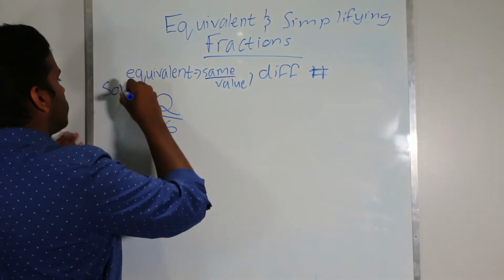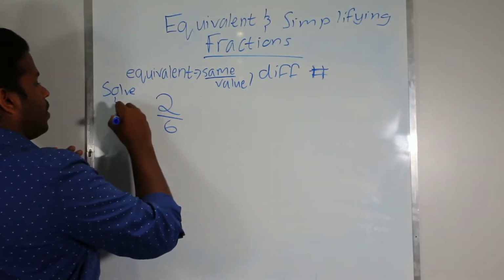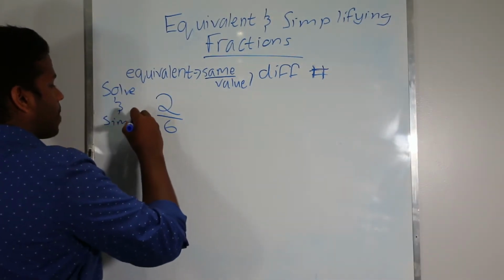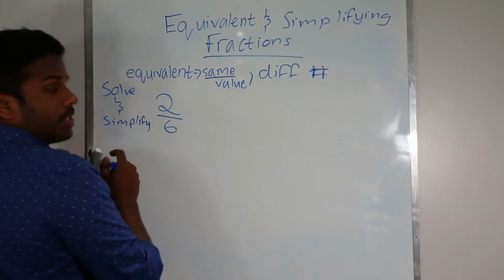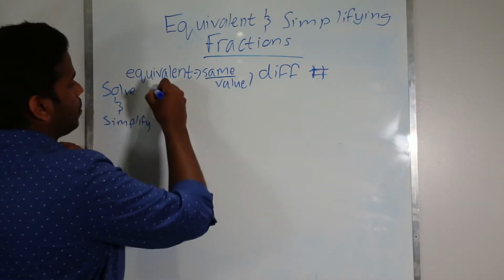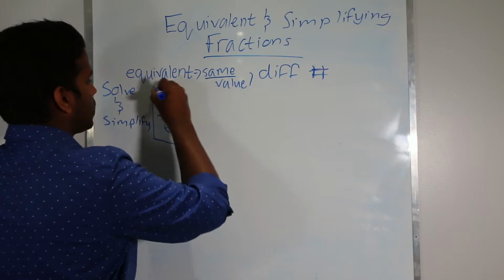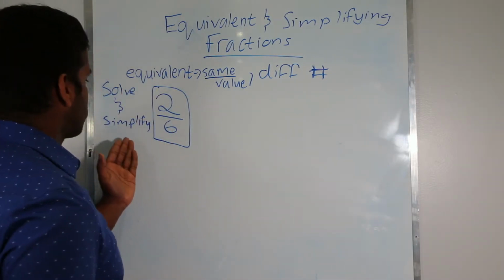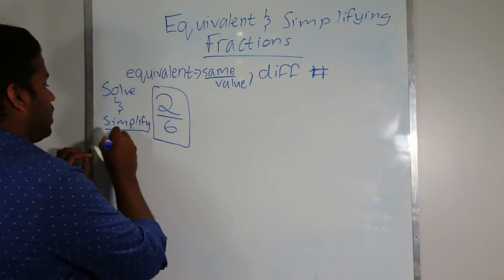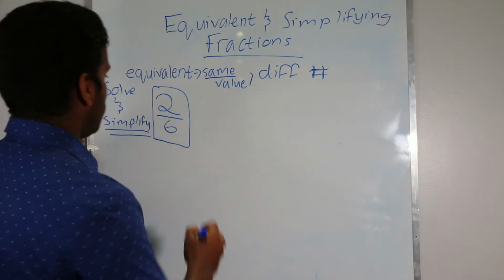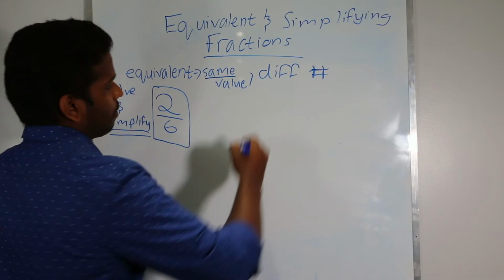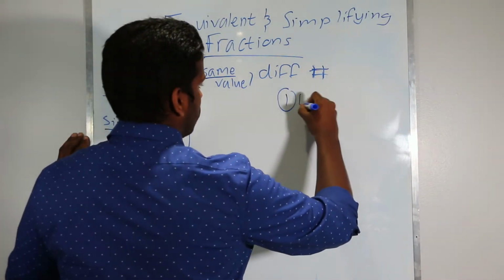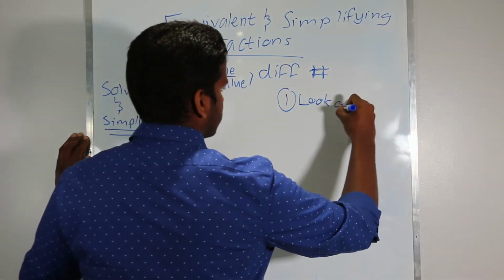On a test, your teacher would maybe say solve and simplify, so your final answer would be something like this. But if you hand it in with this, you would probably lose marks, because your teacher clearly said to simplify your answer. So when you simplify, the first step is to look at factors